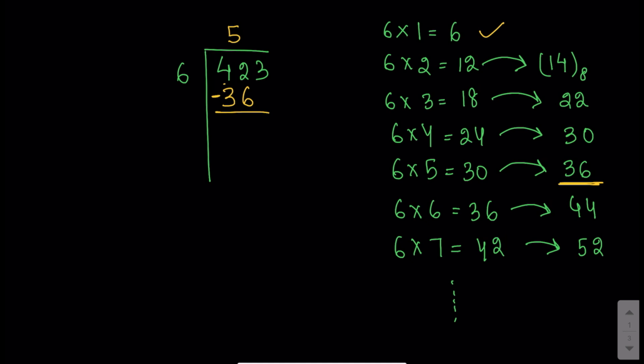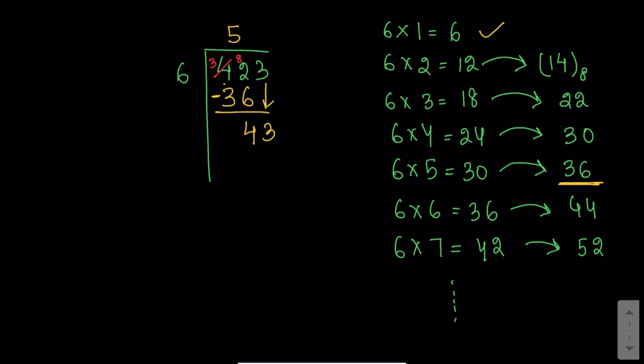Now we will perform octal subtraction. So you are subtracting a larger number from a smaller. So you will take a borrow, and the borrow will be actually the base, that is 8. So 8 plus 2 is 10, minus 6 is 4. So we have 4 over here, and 3 minus 3 is 0. Then we will carry this 3.